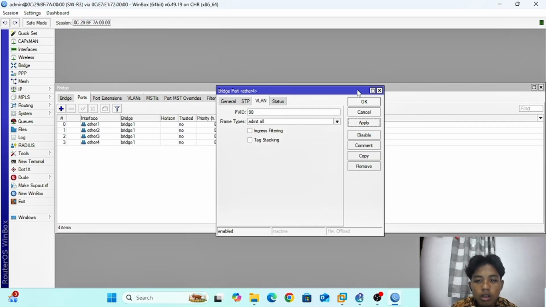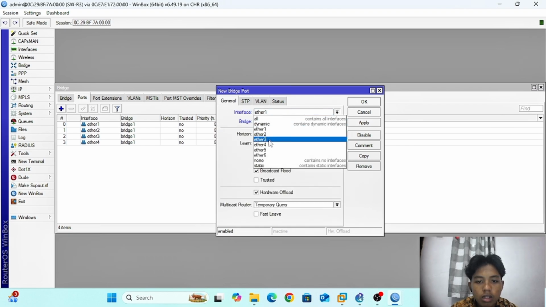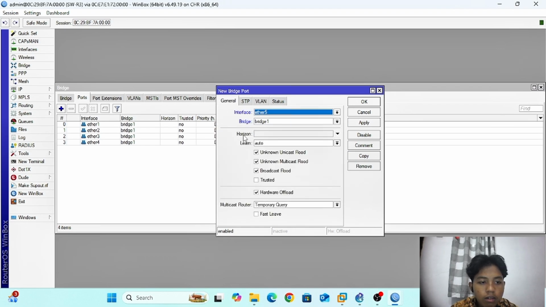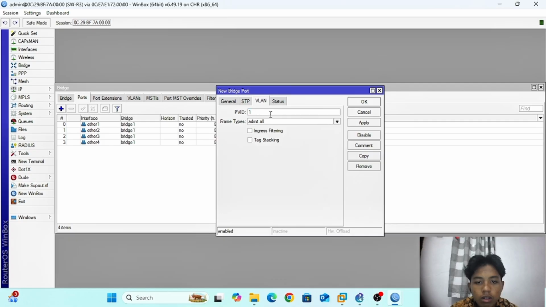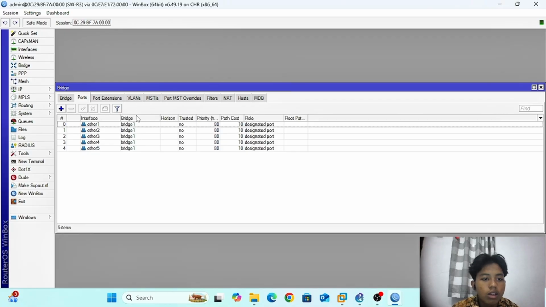Apply OK and then the last, Ether 5 with PVID 19. Apply OK.